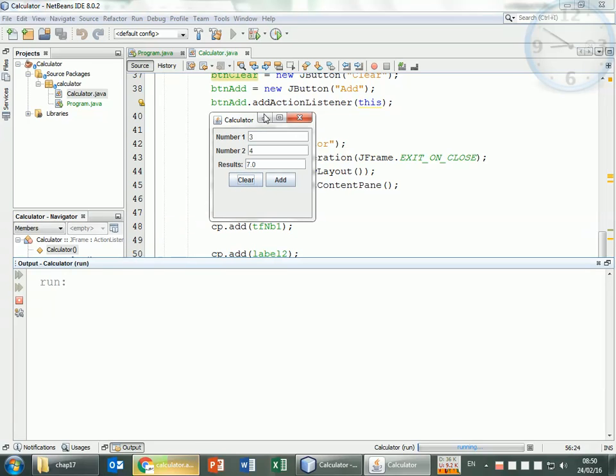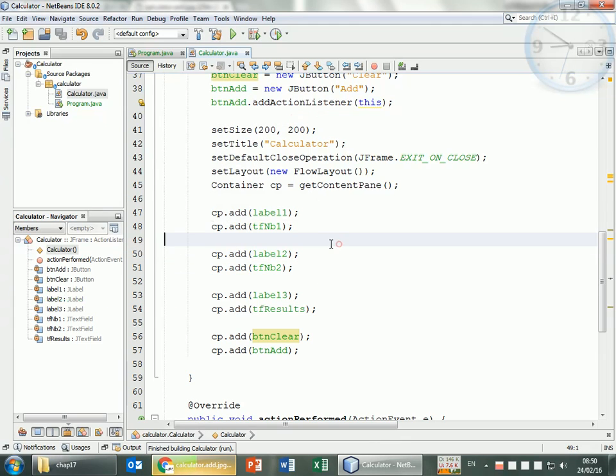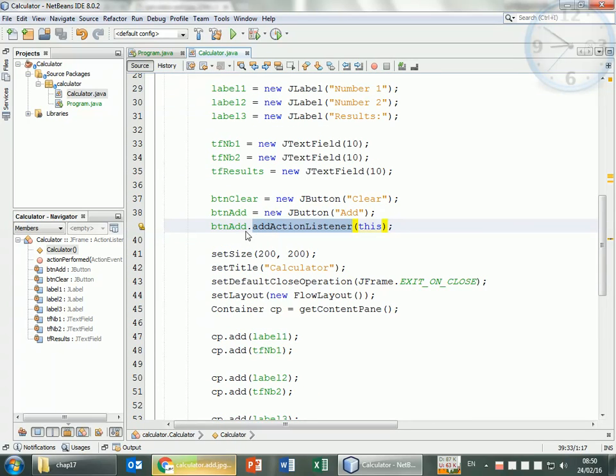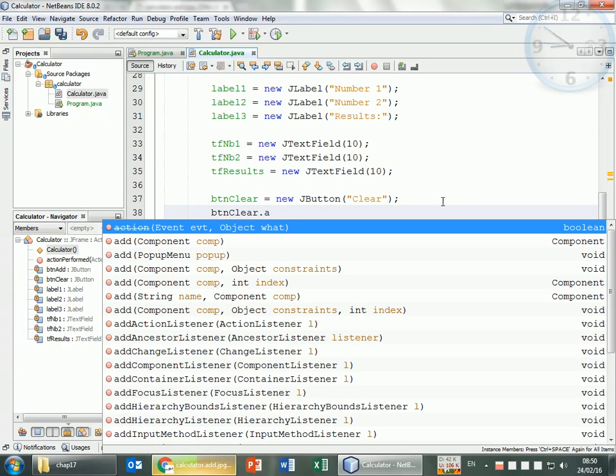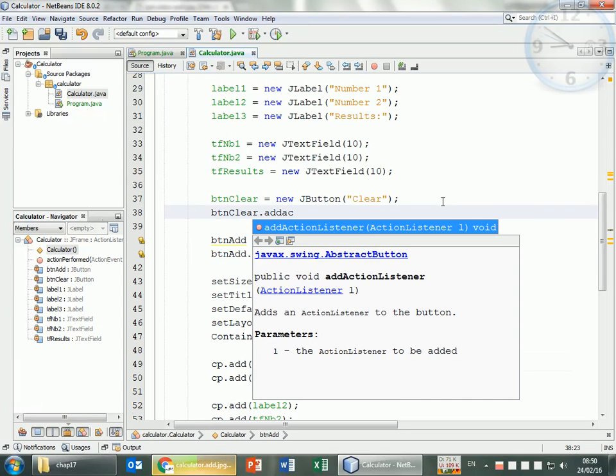Okay, now my question is, I would like to add an action to this clear. If I click on it, something should happen. What should happen? I would like just to make this empty, for example, or maybe put zeros, whatever, it's up to me. So how to do that? I need to add an action listener, like what I did with this. No, not a setter, just the action listener. Like the same thing with this button, clear dot add action listener, but